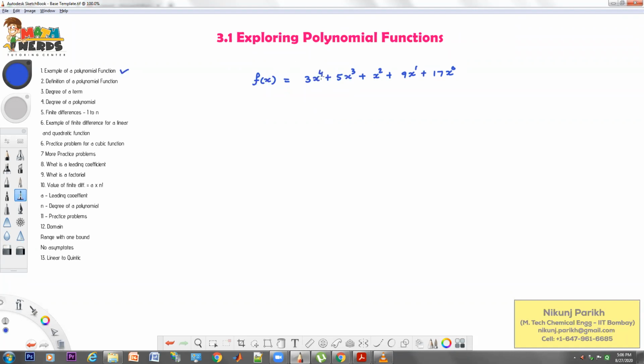Now I chose this 4. That is my arbitrary decision. I could have chosen this as 5, 7, 50, doesn't matter. The power or the exponent of x over here decreases continuously by 1 at a time. So we are exploring the characteristics of this polynomial. The variable is x in each case, right?